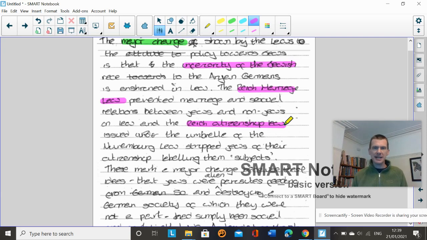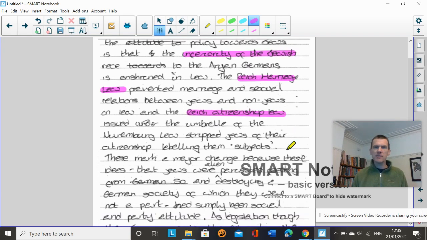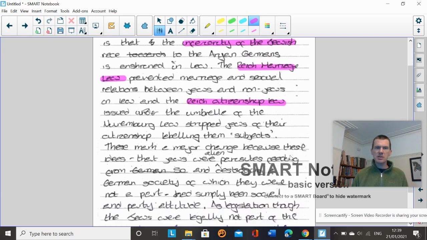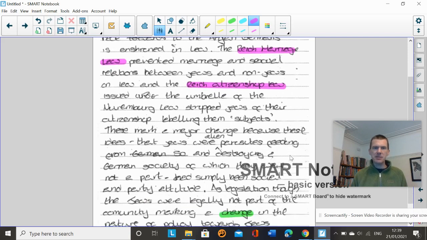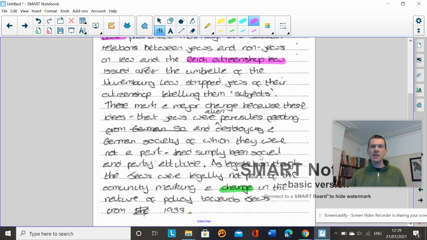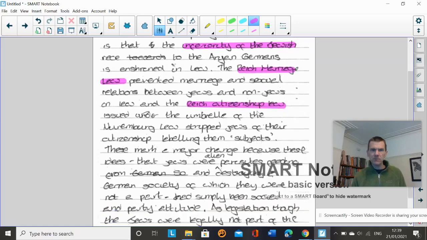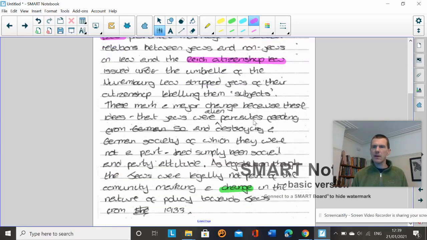The Reich marriage law, and then secondly, the Reich citizenship law, issued under the umbrella of the Nuremberg laws, stripped Jews of their citizenship, labeling them subjects. So that's knowledge here. Very good. And then we're going to hope to see some analysis of that. These laws mark a major change because these ideas that Jews were alien parasites feeding from and